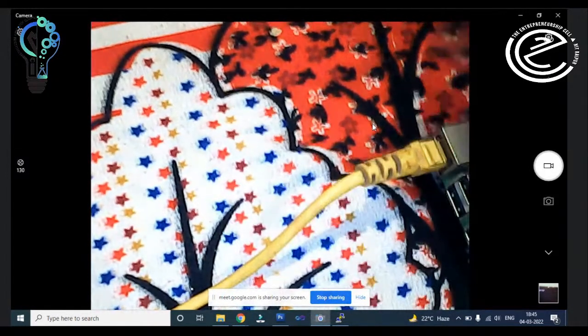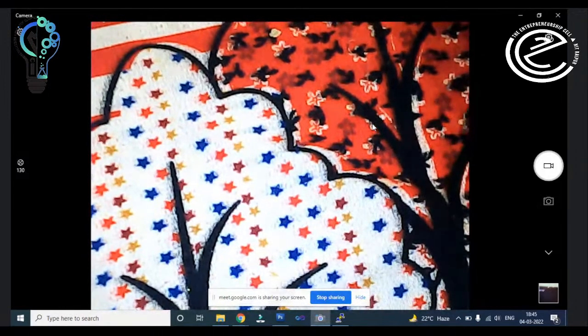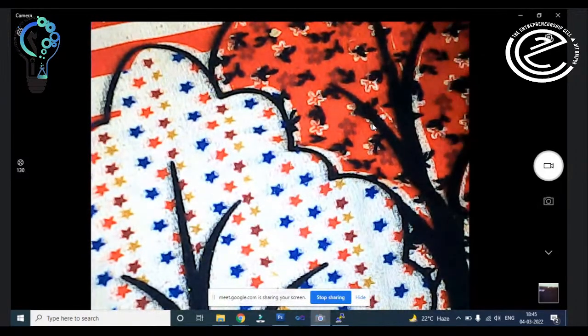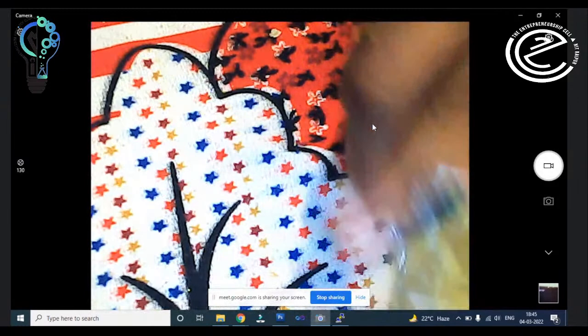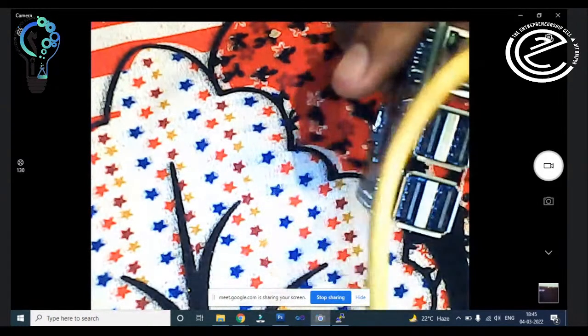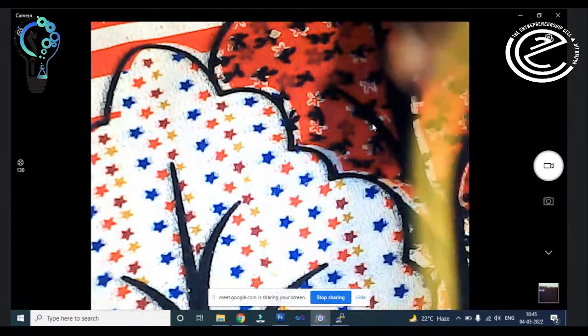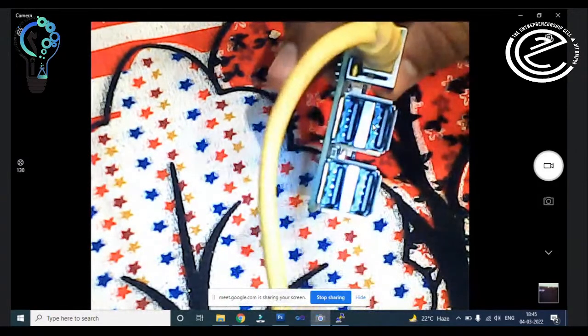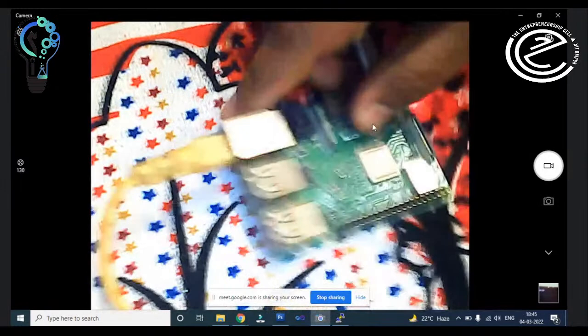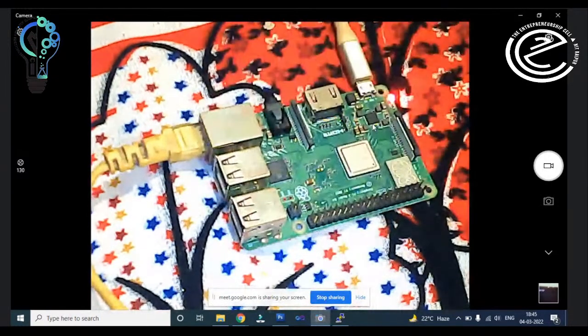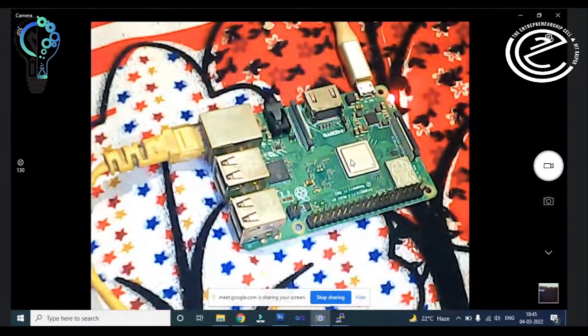So right now you connected the LAN port. You can see the signal. Here we have a yellow light right now. Okay. So we connected the LAN cable in the Raspberry Pi.